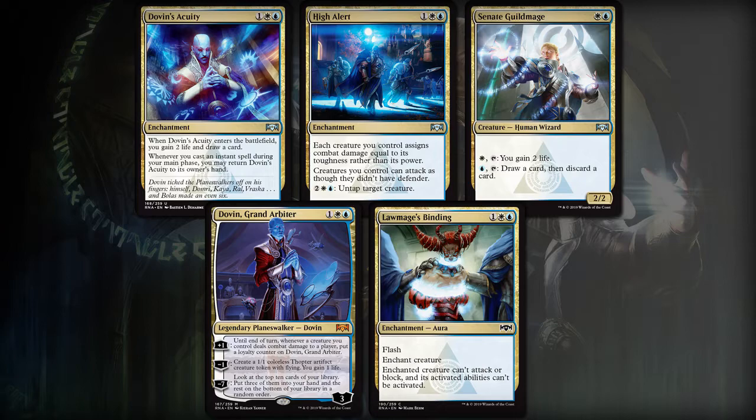So, Dovin's Acuity. I have no idea if that's how you pronounce it. When this card enters the battlefield, you gain 2 life and draw a card. So 3 mana, already 2 life and a card for 3 mana. Pretty fucking decent, I would say. But also, it says, whenever you cast an instant spell during your main phase, you may return Dovin's Acuity to